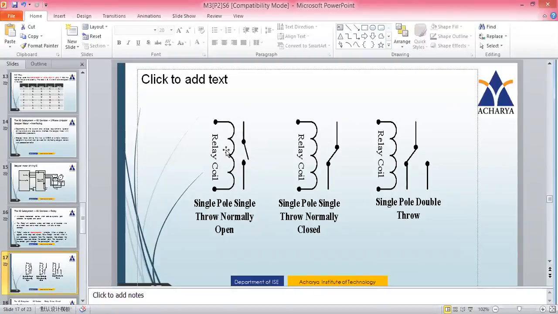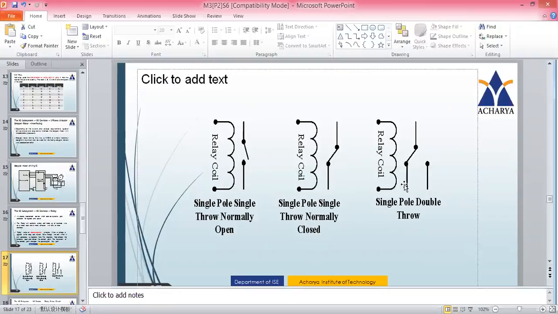It will be in the on state. And here it is single pole, single throw, normally closed, meaning right now it is closed. If I energize the coil, again it gets attracted, and this particular contact will break. So now it's on; later when I make it get attracted, it becomes off.